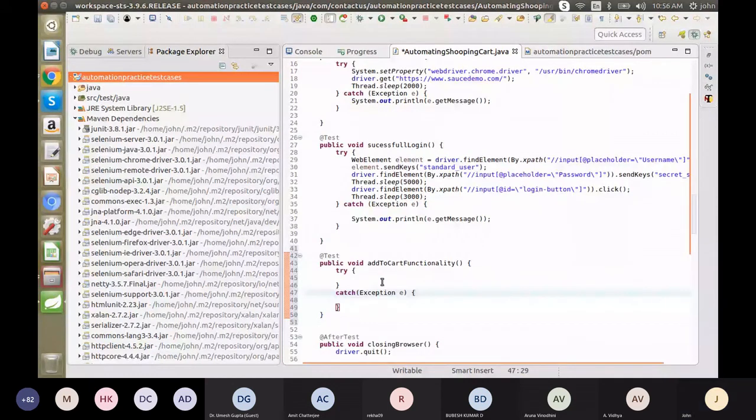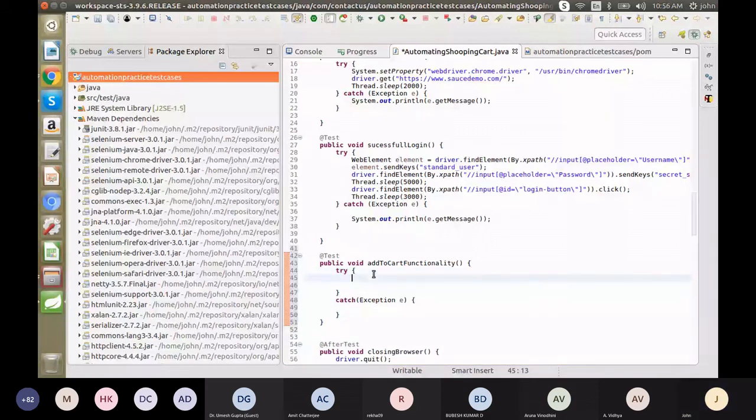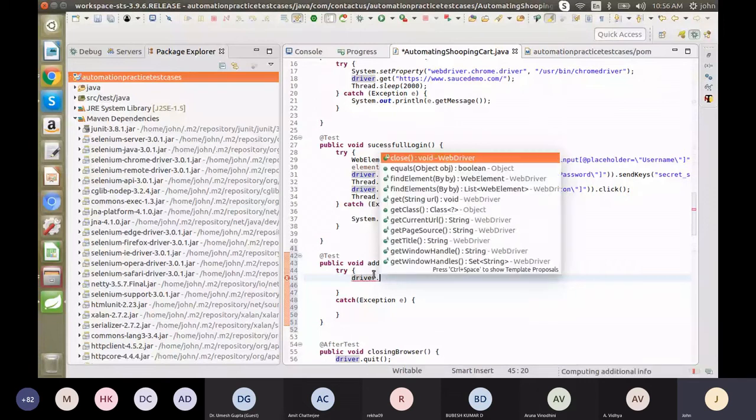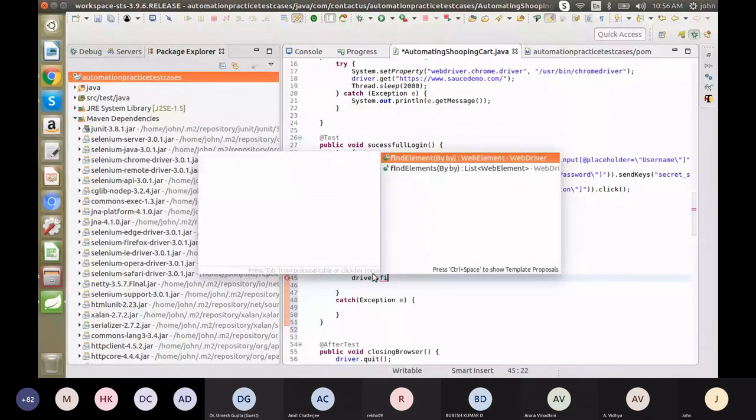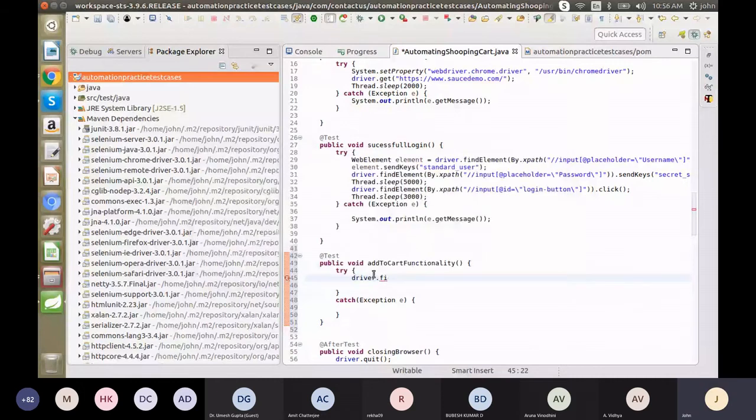We have to use the driver object. We have to call the findElement method. So inside the findElement method, same thing. You can use By.xpath. Okay.